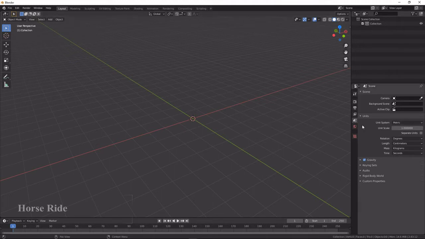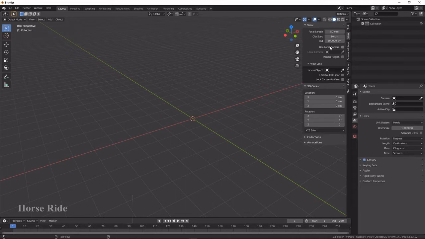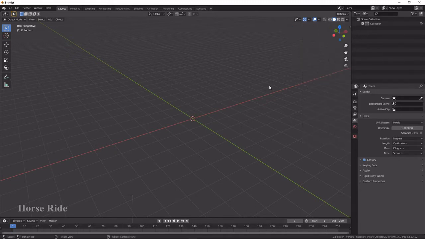Default always. Here you can see this cone tab. Press that icon to go to the particular tab, and here you can change length to centimeters. It will always be in meters. Change it to centimeter and press N on the keyboard. You will get the new menu. Here you can go to the View tab and type 10,000, and this one is 50. You can make it okay, that one will be the same, it's not an issue.